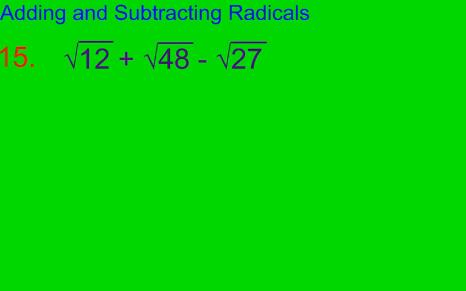In this video, we're going to add and subtract radicals. If you remember our rules for adding and subtracting, we can only add and subtract like terms. So if you look at number 15 here, I would think I can't add and subtract any of this because nothing is the same square root. They'd all have to be like square root of 12 or square root of 48 in order for me to add and subtract them. So what I want to do is look at them and say, are they broken down